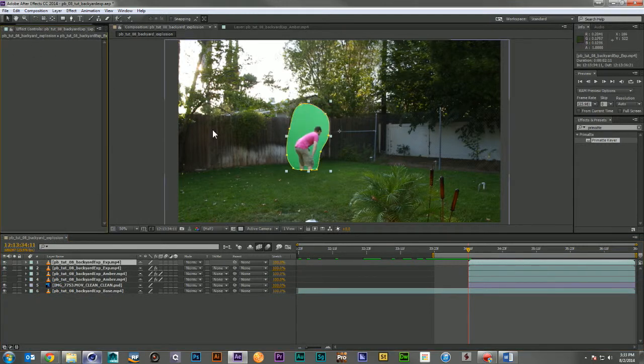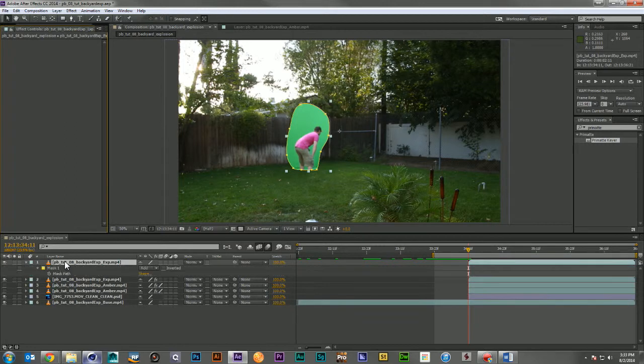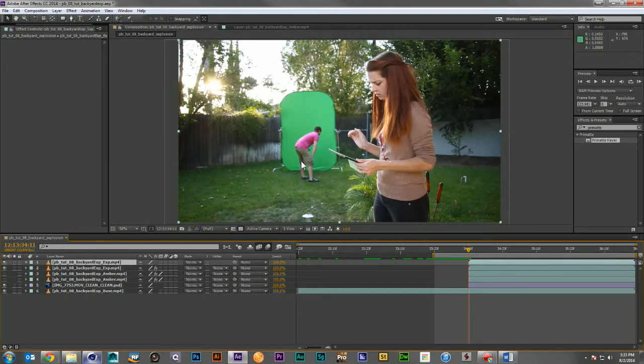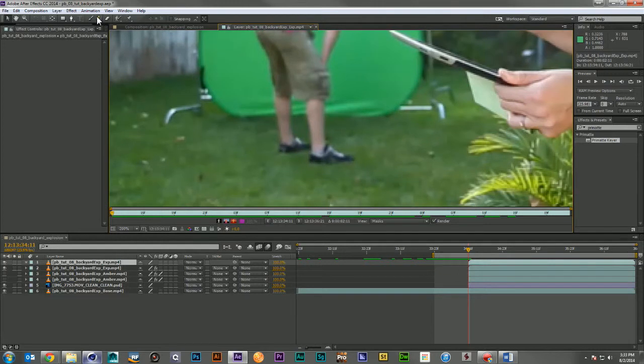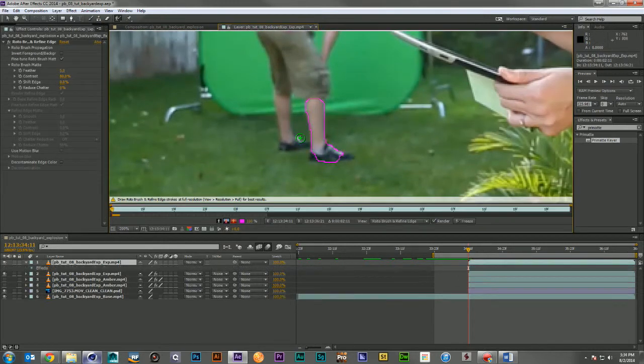iPad, which is come in, get rid of that mask, and let's double click the footage, and we'll grab our roto brush and just come up here and roto out the bottoms of his legs. Make sure we get the shoe completely. Let's get rid of this, and